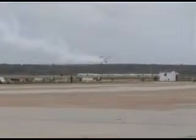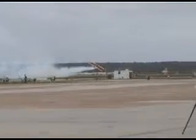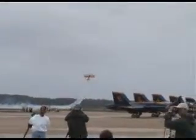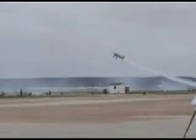Every time he gets upside down too long, the airplane just doesn't want to keep running, and he's got just enough energy to get it upright, and you'll see that flaming restart several times throughout the show. The folks in our industry who watch him fly are amazed at how he handles a 3,000-pound airplane with only 220 horsepower. It is grossly underpowered compared to the other airplanes we're seeing here today, but John goes through a